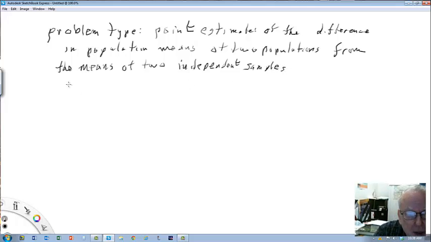The data are as follows. We have two sets of data, 1 and 2. For the first set, the sample size is 15. The second sample has size 13. The sample mean for the first sample is 88.9, and for the second sample, the mean is